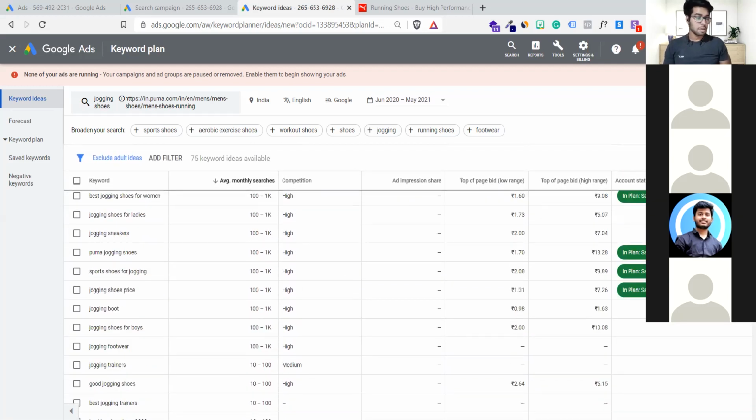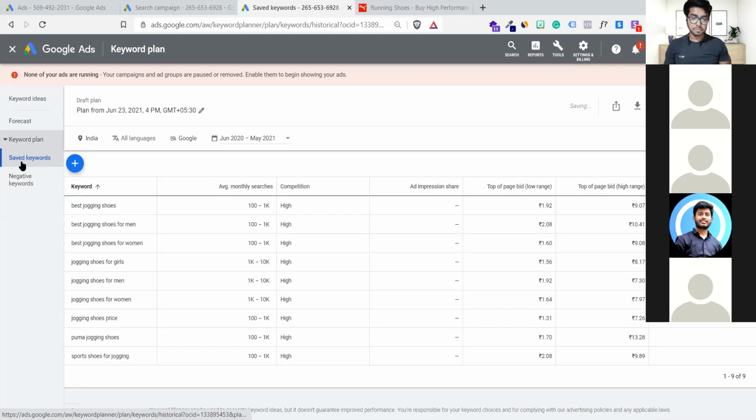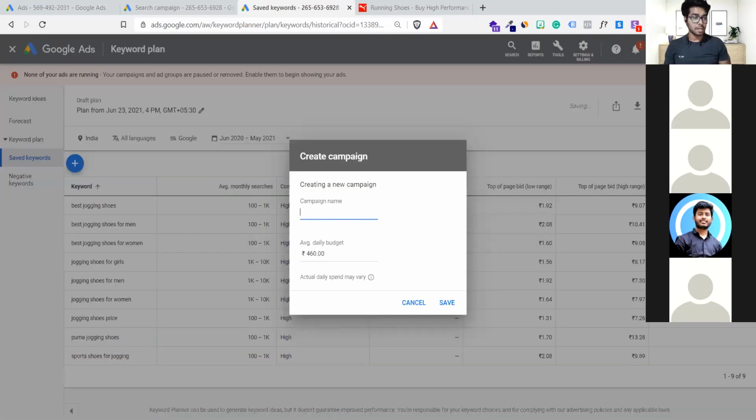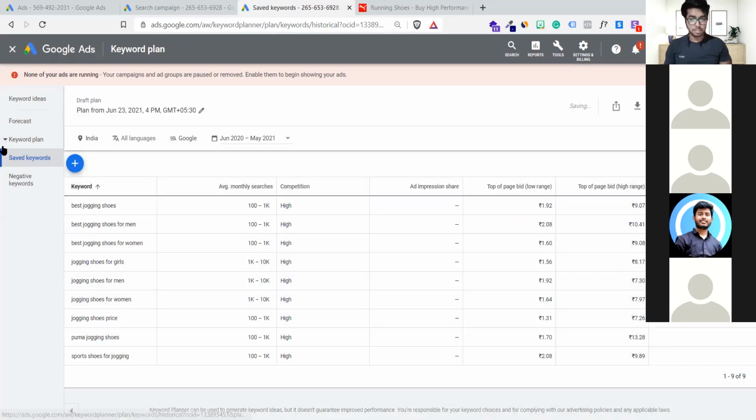Okay, done. Now go back, check your keyword plan section on your left side. Here is a keyword plan, guys. Here is a shortlisted keyword plan. If you want to create a campaign straight away on behalf of these keywords, you can click on the top right. You can start creating a campaign from right here. Give the average daily budget and rock and roll. You can do it from here. Or else if you want to save it and use it as a list, you can click here.